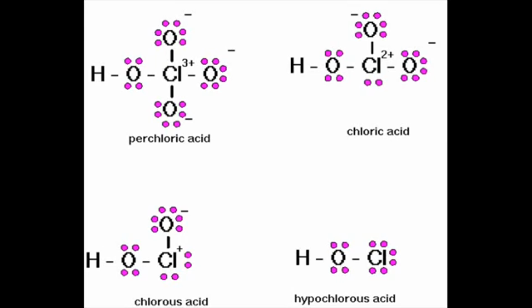And as you may notice from those, chlorite is ClO2, having 2 oxygens. Chlorate is ClO3, that's 3 oxygens, and then perchlorate is ClO4, 4 oxygens. And as you may notice, as you add more oxygens to the ion, the stronger the acid becomes. Now, those